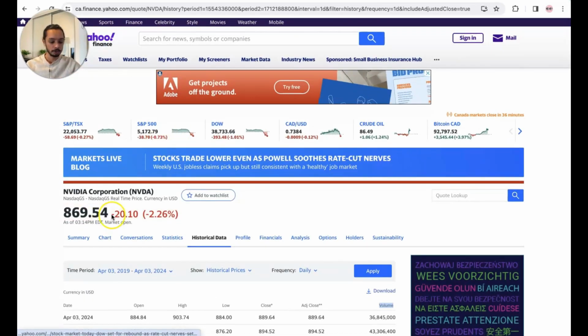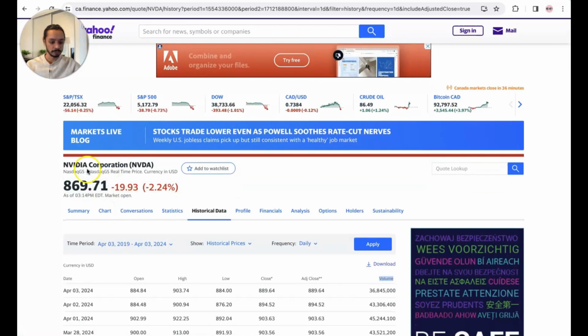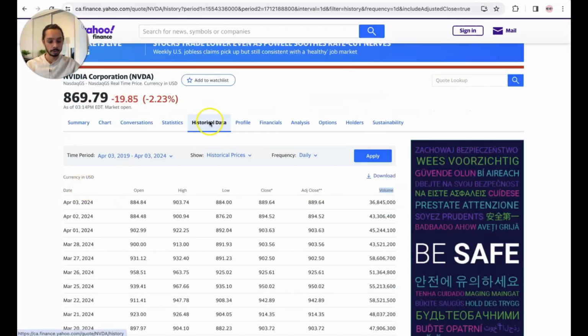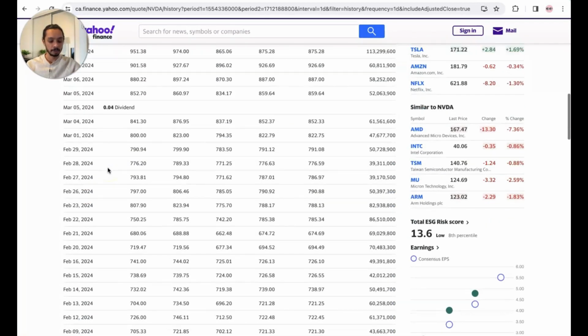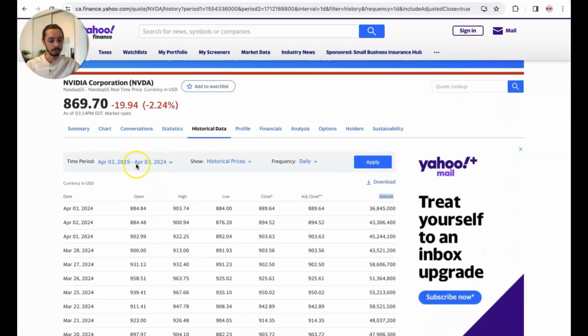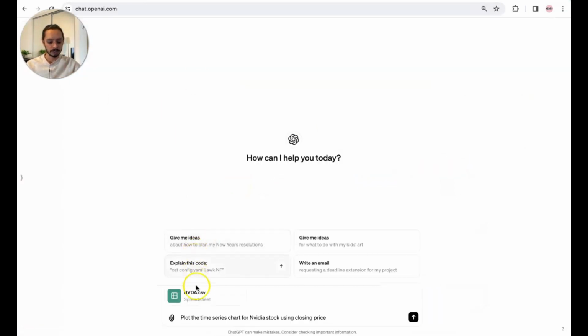Over here on the screen, you'll see I've opened Yahoo Finance and you see the NVIDIA stock. I went to historical data and I can see the data here for a specific timeline based on the dates that I've chosen for daily price. Now, if I click apply, it selects the data and then when I download, it downloads it in a CSV form. Now, if I go to ChatGPT, what I did was I imported this CSV file into ChatGPT and